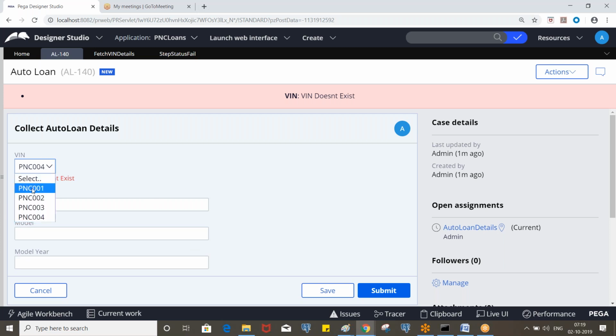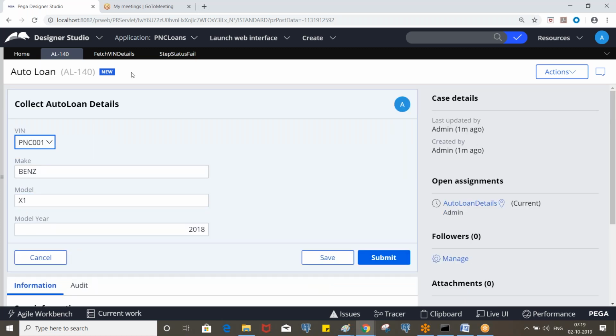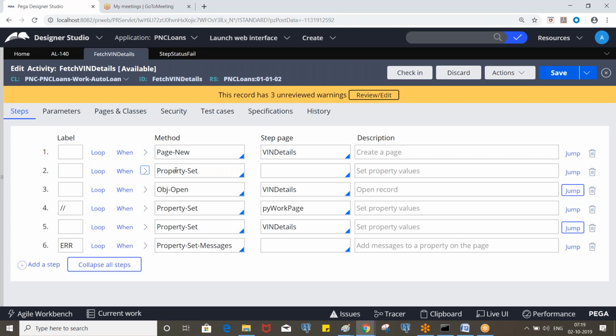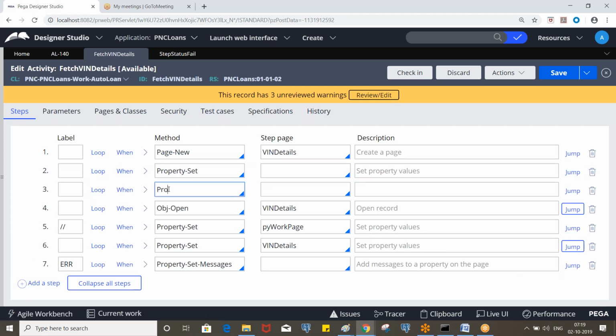Any questions so far? So these are the PY workpage properties, and you need to remove them like this. We assign the null values, or we have a method called property remove.